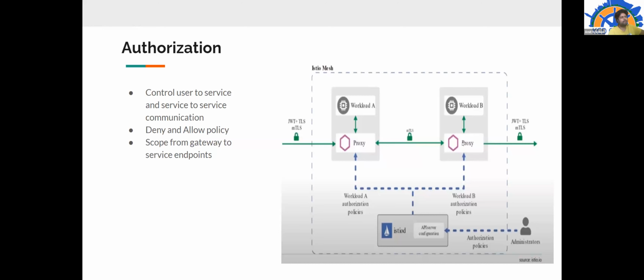Also, different HTTP verbs can be used to enforce the authorization policies. Let's say workload B can do only GET requests, not PUT, POST, or such. Not only this, end users also, if they are connecting to any workload, are supposed to have a particular JWT, JSON Web Token. Then only they will be able to request a particular workload. That will also be ensured.